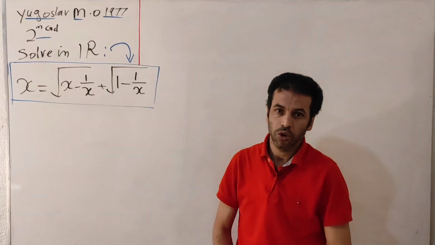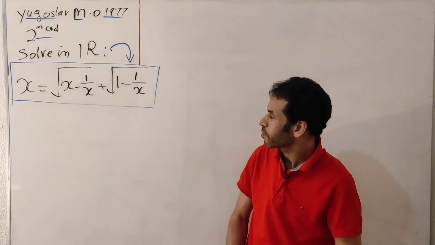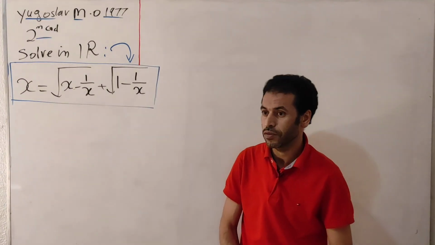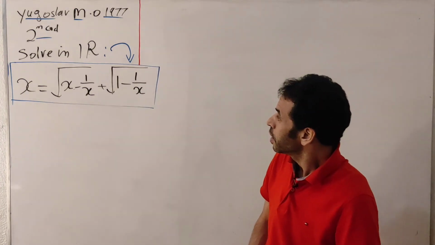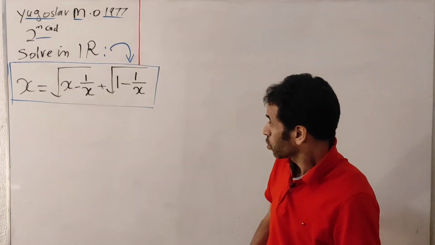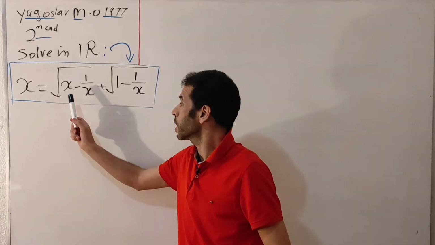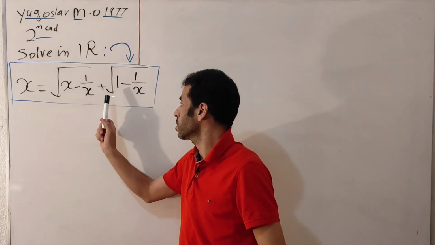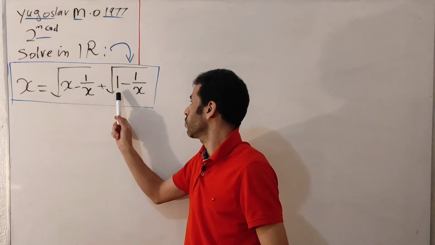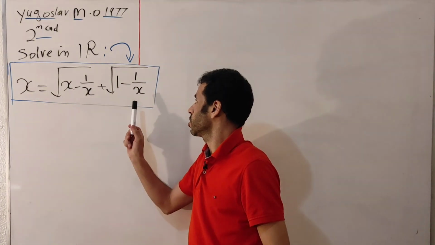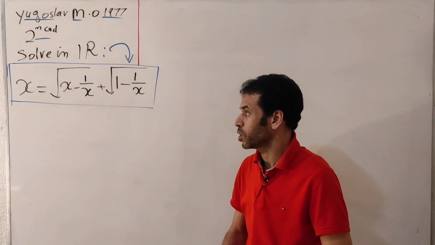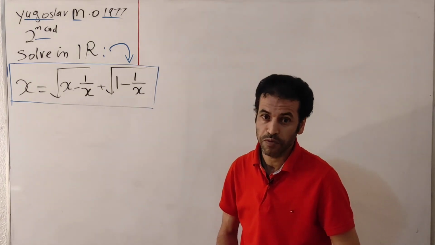In this video, I would like to introduce a very nice problem of the Yugoslav Mathematical Olympiad, edition 1977, second grade. Our goal is to solve the following equation: x equals the square root of x minus the reciprocal of x, plus another square root of 1 minus the reciprocal of x. I would recommend giving this problem a try before getting to the